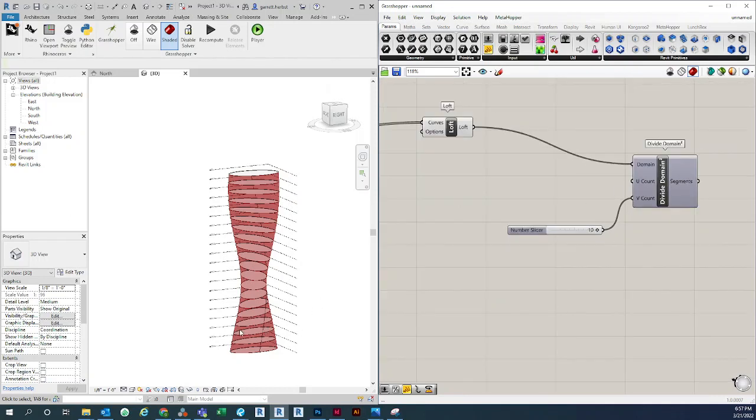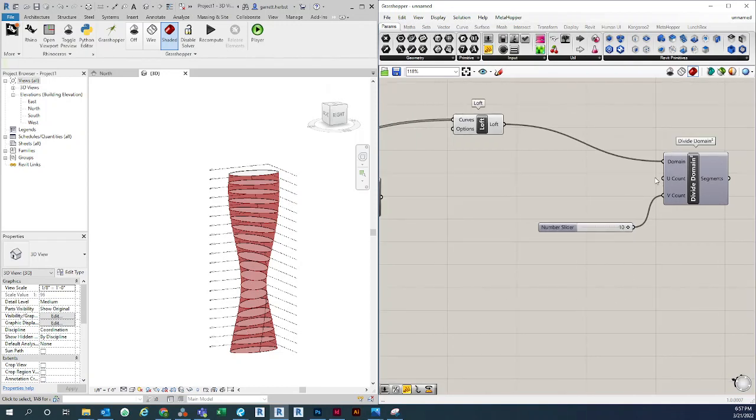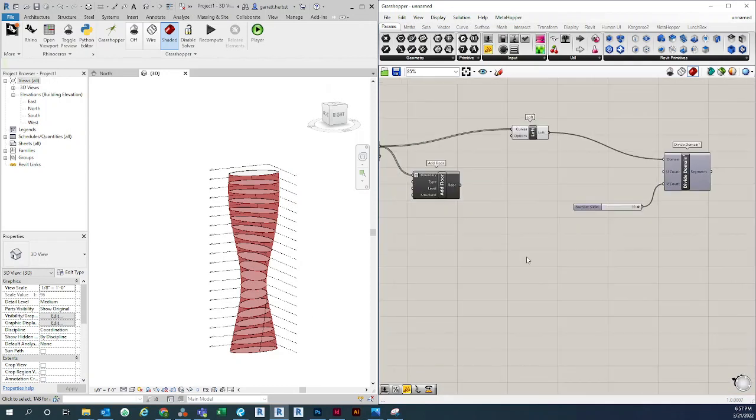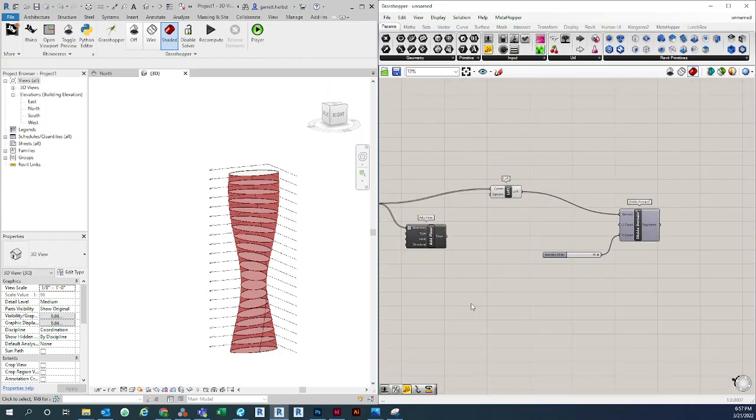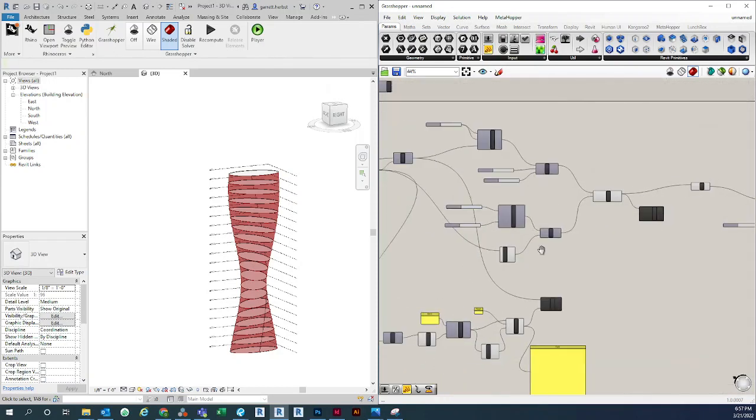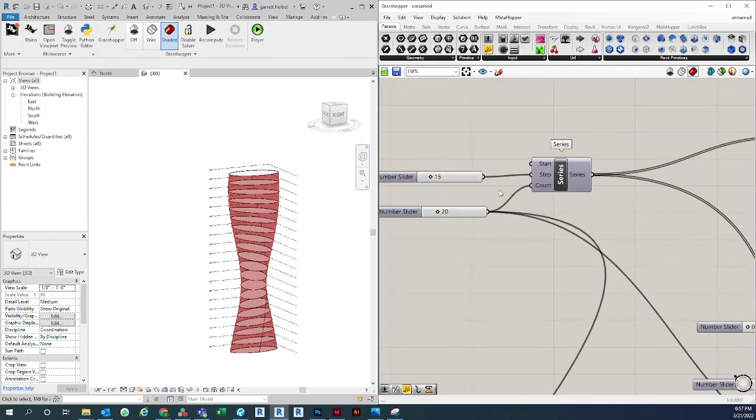Because you typically want your structure to intersect and be divisible by the amount of floors that you have, because obviously you want your floors to be connected to your structure, we'll have our u count, or our horizontal divisions, be the same number as our floors. So we will take the count,